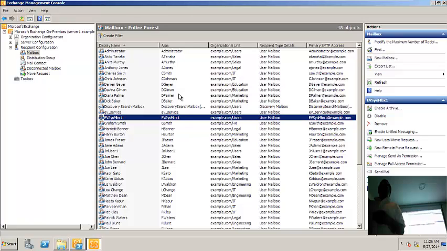Wherever you installed, C drive or D drive, go to Program Files x86, Enterprise Vault, and the PowerShell script folder is there. Copy that folder to the Exchange server, on either C or D drive. Open the PowerShell management shell, and browse to the folder wherever you have pasted it.